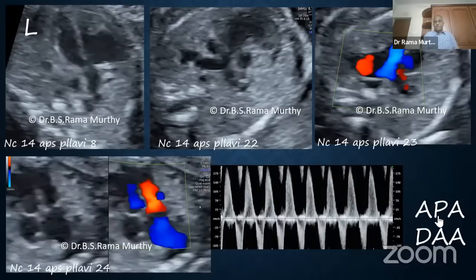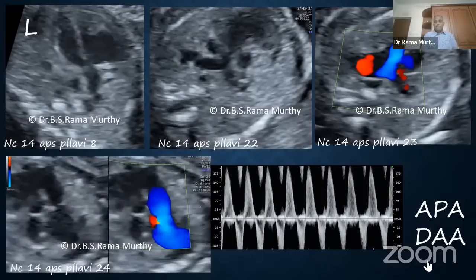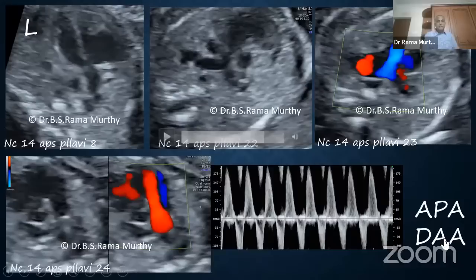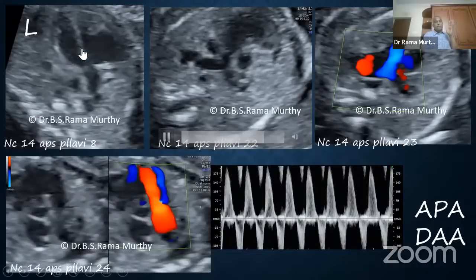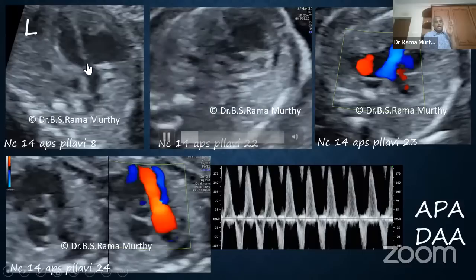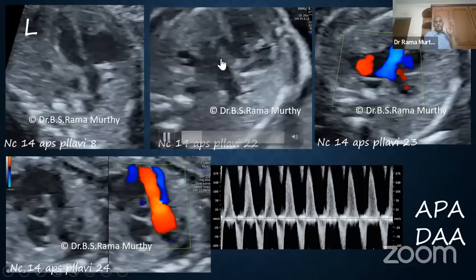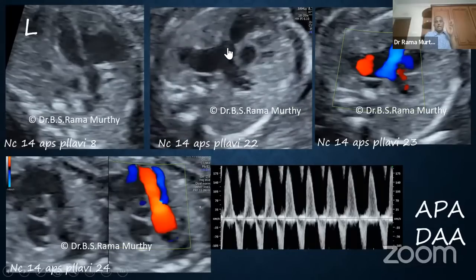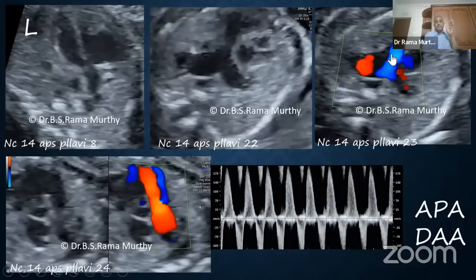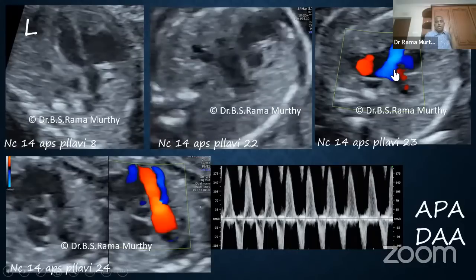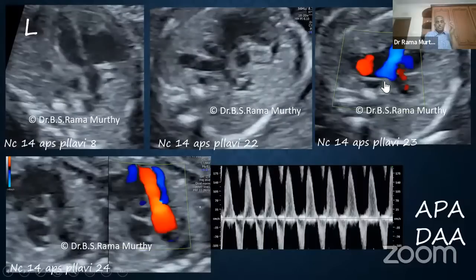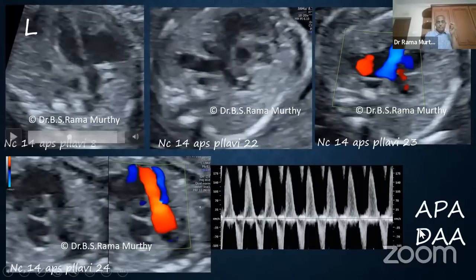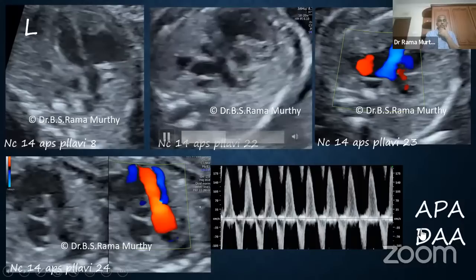So your diagnosis is absent pulmonary valve syndrome, or absent pulmonary valve, as well as a ductus arteriosus agenesis. Here again, we answered all the questions. The arching artery is the overriding artery. The pulmonary artery is committed totally to the right ventricle. And of course, the valve tells us that it is stenotic on scale, and it is stenotic and regurgitant on color. The ductus arteriosus is not seen, and therefore, again, your diagnosis is absent pulmonary valve with ductus arteriosus agenesis.